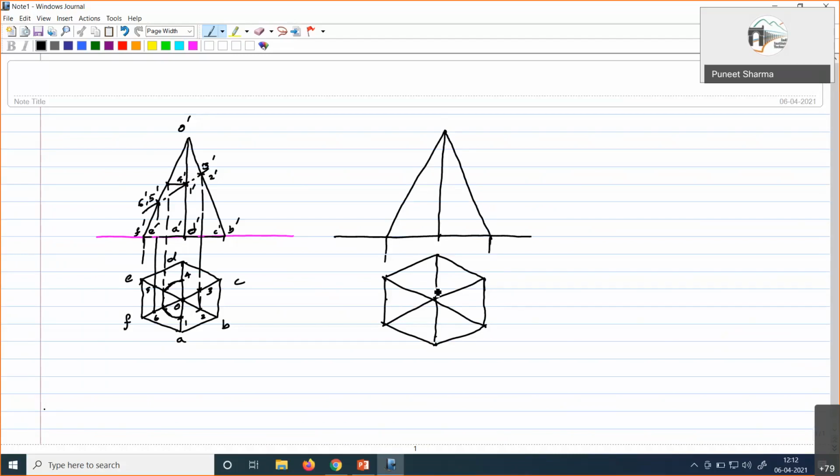So this is just the same case whatever we had in the previous problem, right? With the only difference that now this location for the section plane will change. Okay, so suppose I choose a section plane something like this.